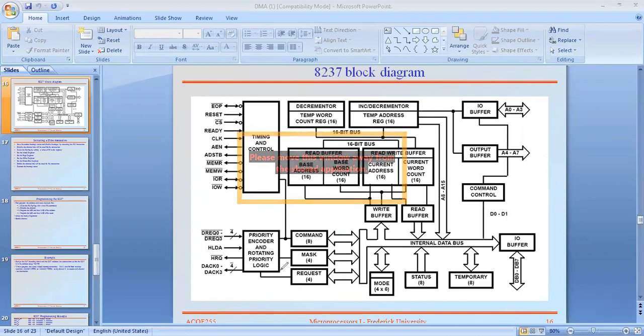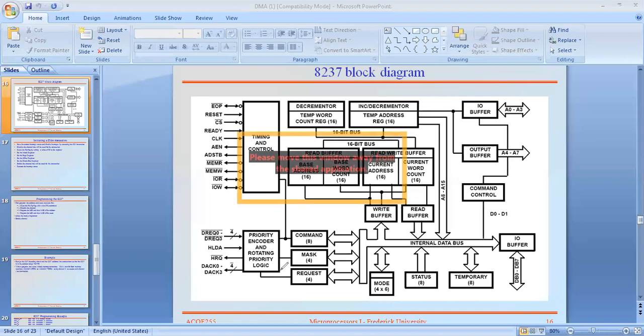Here, the priority resolver prioritizes only requests from IO devices as data requests. That is the difference between the priority resolver in 8259 and in 8237.